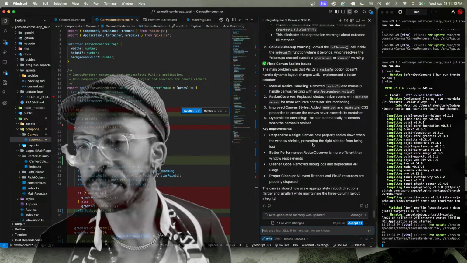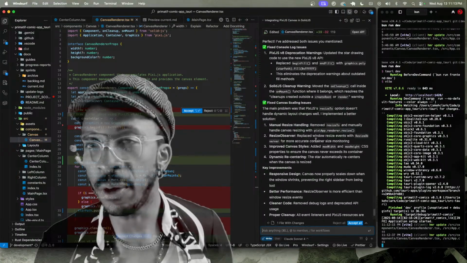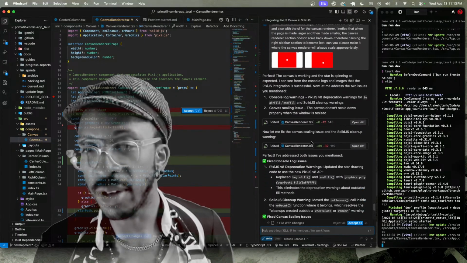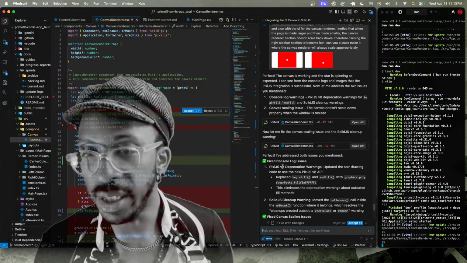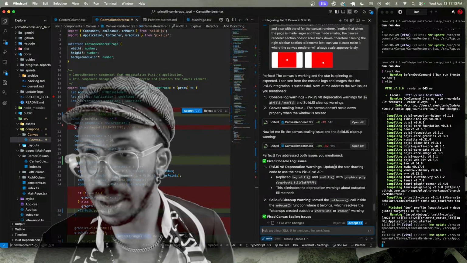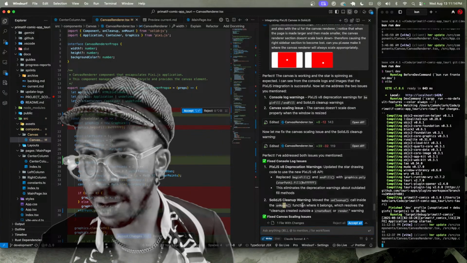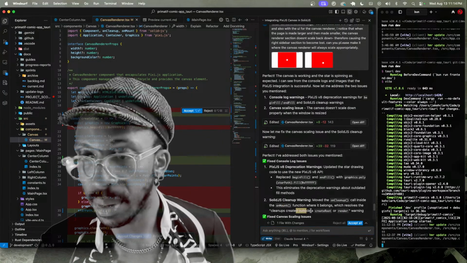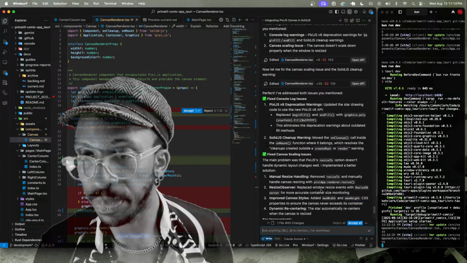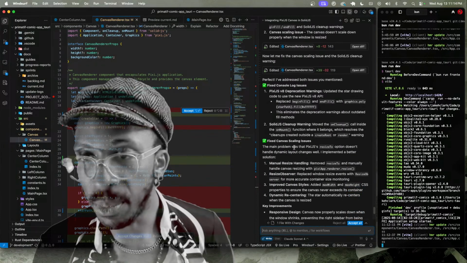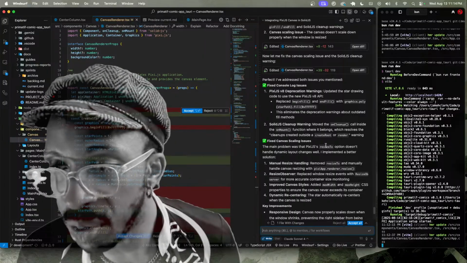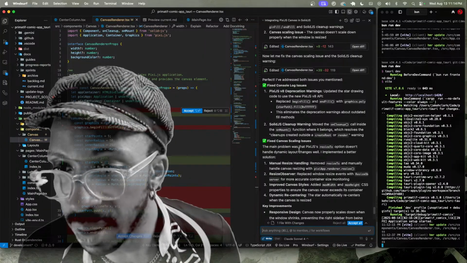Okay, so it went ahead and tried to fix it. Pixi.js deprecation warnings. Solid, clean up, call inside mount. Okay, cool. The main problem was the Pixi.js resize to option doesn't handle dynamic late